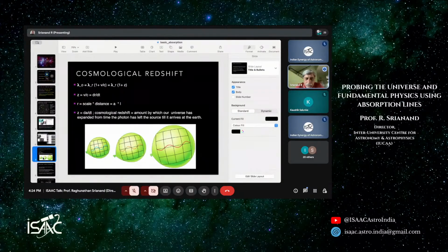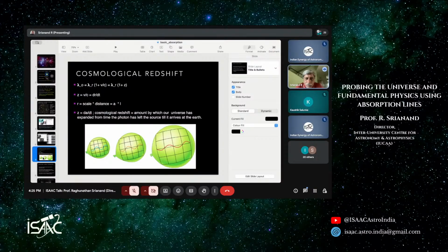So this is what is explained in the balloon experiment. You have a grid in which a sinusoid is placed. You just blow the balloon, and if you concentrate on the line in your frame, you see that the sinusoidal frequency, or we can think of it as the sine curve, is stretched. But if I put my eye and look at the sine curve with respect to the grids I have drawn there, then you see that the wavelength has not changed, right? Because we are stretching both the scales and this. So this is the philosophy people understood, and this is the philosophy which has been used in cosmology.